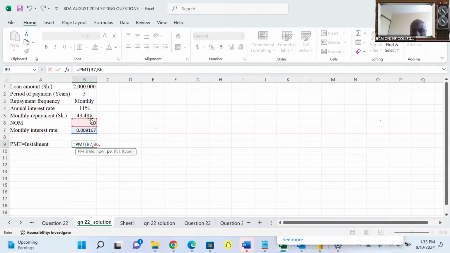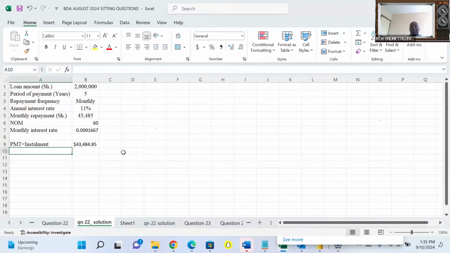Then we have the present value, which is the loan that I'm receiving. But now remember, this loan you are receiving from the bank side, it's a cash outflow, so it must always be captured using negative. So negative, then you pick the 2 million like that. And then you close, because these others are in square brackets, meaning that they are not mandatory. So I need to come here and close brackets and then I enter like that. So you can see, ladies and gentlemen, here we are getting 43 something.